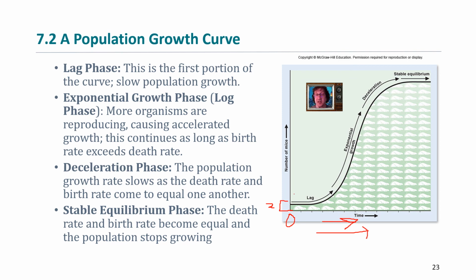We just see that initially, the population doesn't really go up real quickly because everybody's getting to know each other. They got a date. They got to get some money, go out, whatever. And it takes them a while to get used to mating. And then the number starts increasing. But this initial period is called a lag. And this is true when any environment gets destroyed and we try to grow it back. There's a lag in the growth. And then after the lag, if everything is right, that means resources are perfect, the birth rate is exceeding the death rate, then you get into what's called exponential or log growth.